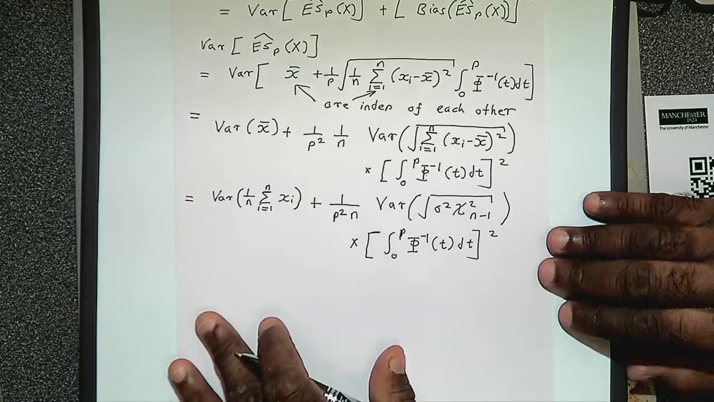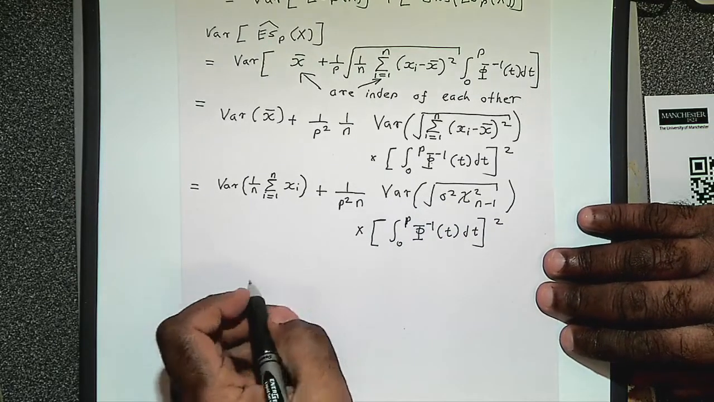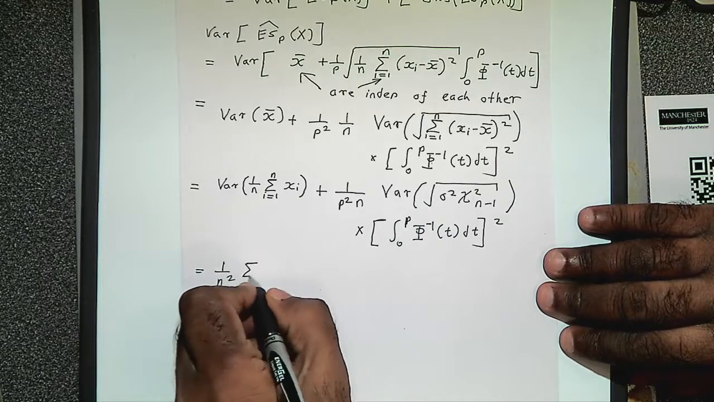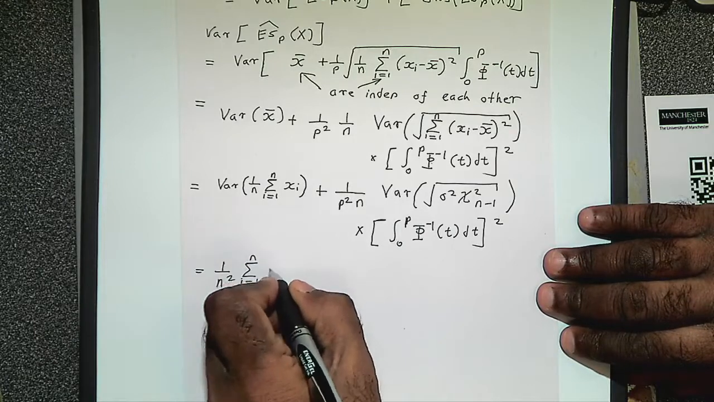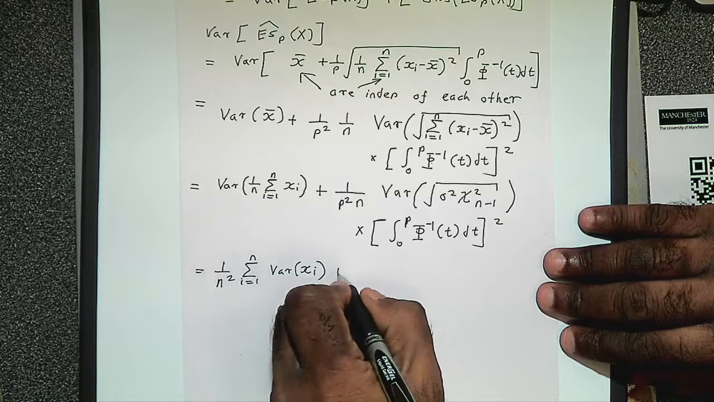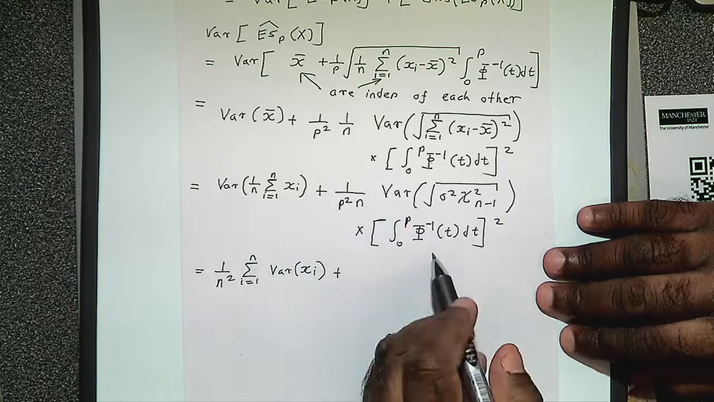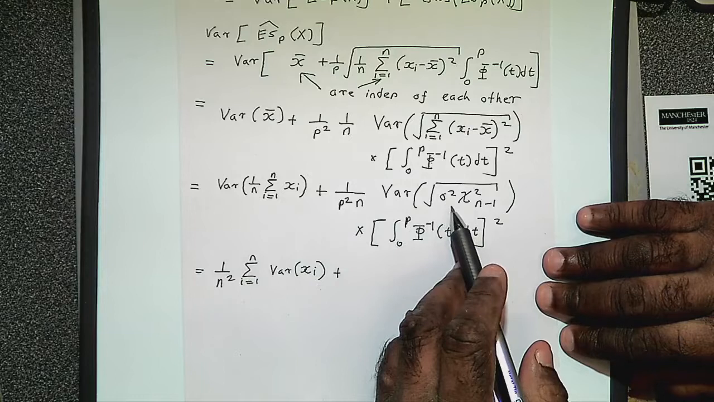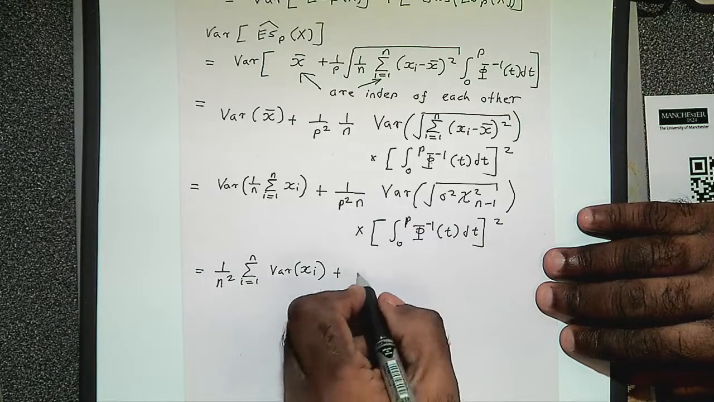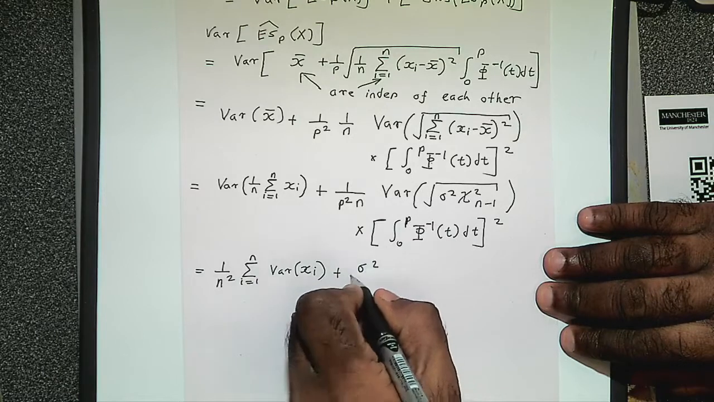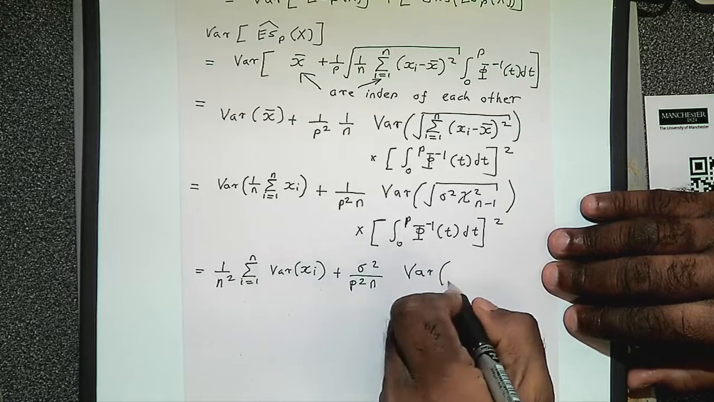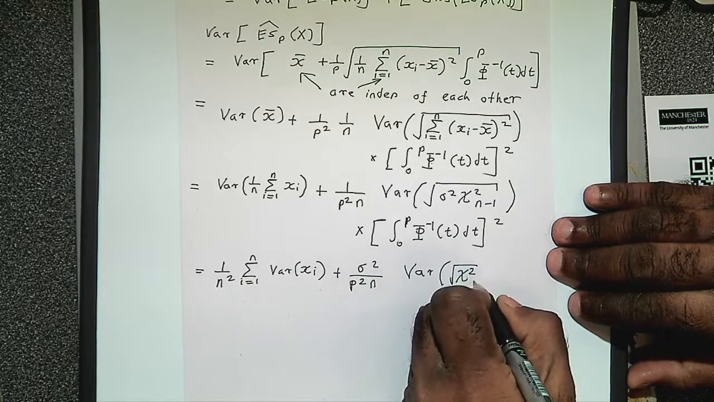Okay, you with me, guys? Right, now the next thing is to take the variance inside. You get 1 over n squared times the sum from 1 to n of the variance of xi. And here, if you pull sigma outside, it becomes sigma squared, right? So it becomes sigma squared divided by p squared n times the variance of the square root of chi squared n minus 1